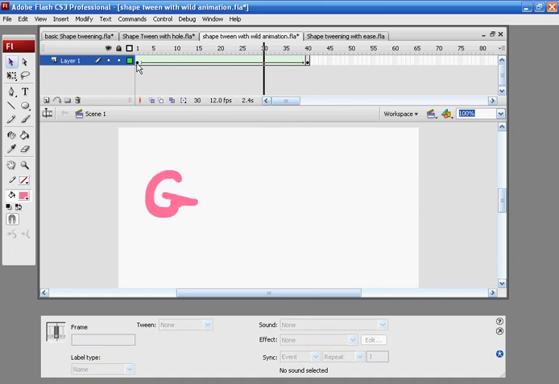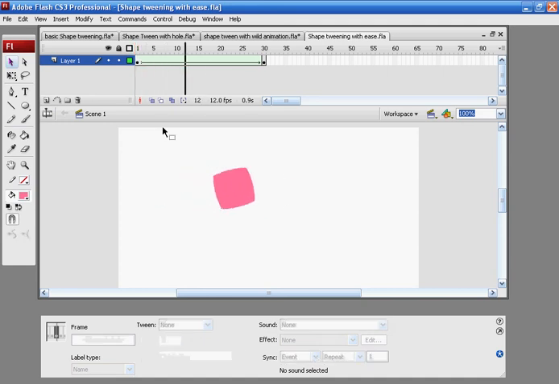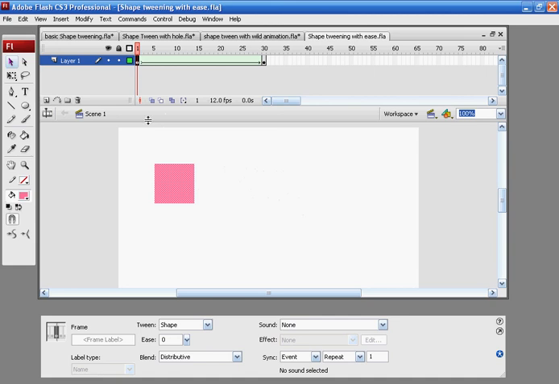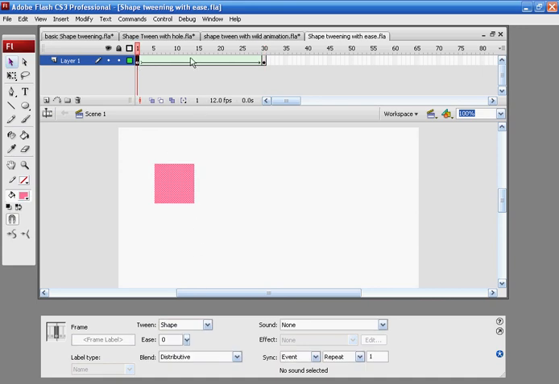I've successfully allowed the shape tween to be smooth without intersecting. Now there's another feature which allows you to change the speed of the shape tween, because at the moment it's at a constant speed. So the way I can change it so that it goes faster in the end, I go to my properties panel, click anywhere in between the shape tween,